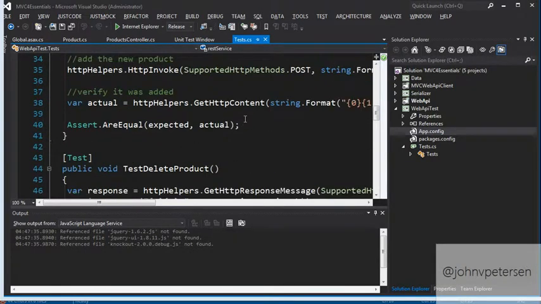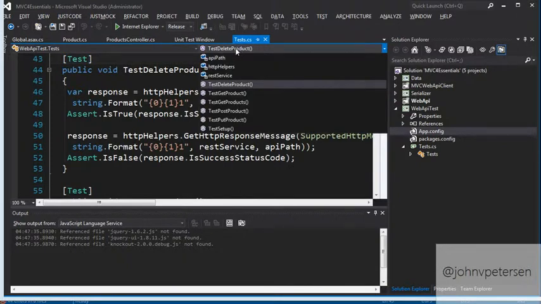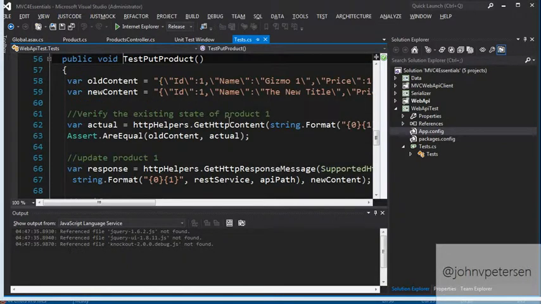This handles all that for you. So for example, let's take a look at put product. So how would we put a product? What I'm going to do is show this through the test, and then I'm going to flip back over to Fiddler so you can see it there. And then toward the end of this presentation, I'm going to put it all together by consuming this in an actual application, an MVC application.